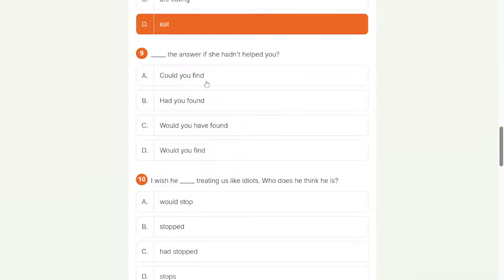Could you find the answer? Had you found the answer? Would you have found? Would you find? So I think there is would, could, might. I think maybe with have. Would you have found the answer if she hadn't helped you?